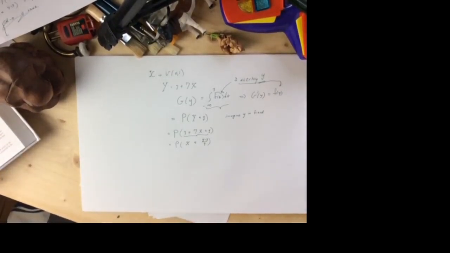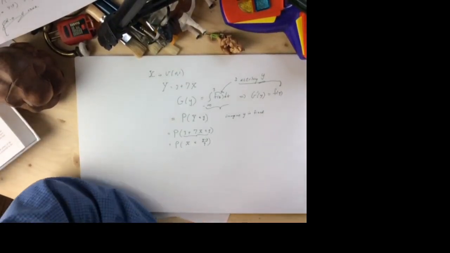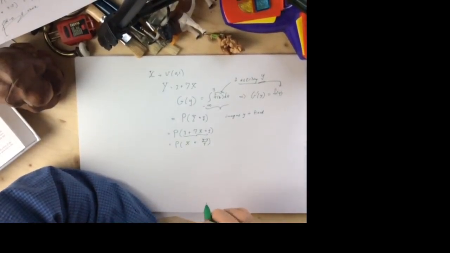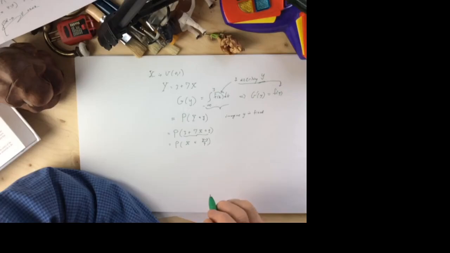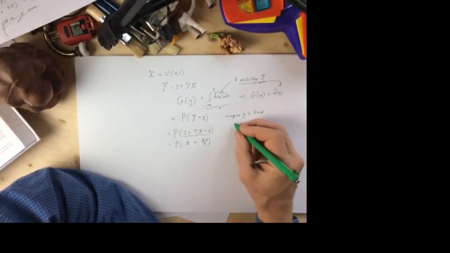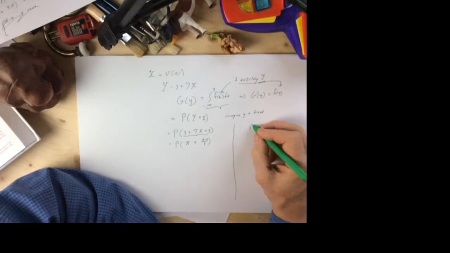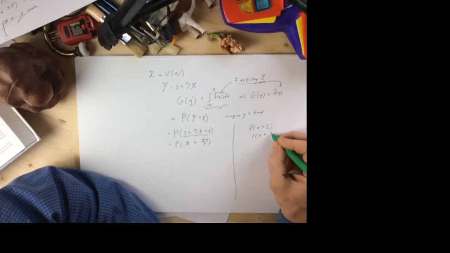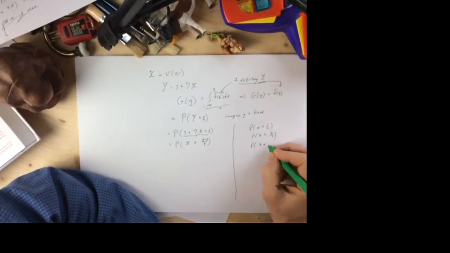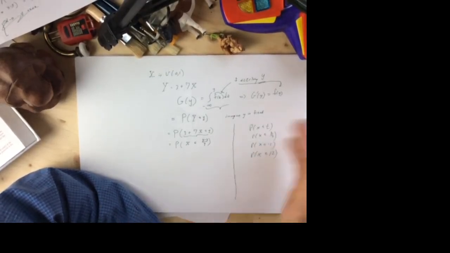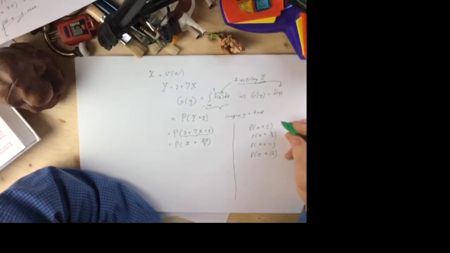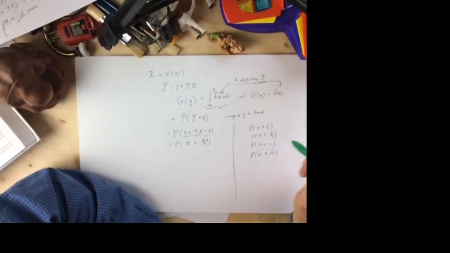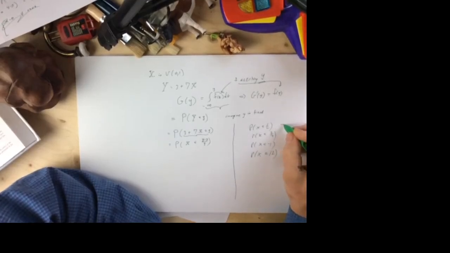So what is the probability that a value of the random variable x is less than or equal to (y minus 3) over 7? Well, off to the side, let's not worry about the y. What's the probability that x is less than or equal to half, or less than or equal to 3/4, or less than or equal to minus 1, or less than or equal to 12? How hard are these? Well, these are all integrals of the uniform function on 0, 1, and we know this answer. This is 1/2, because